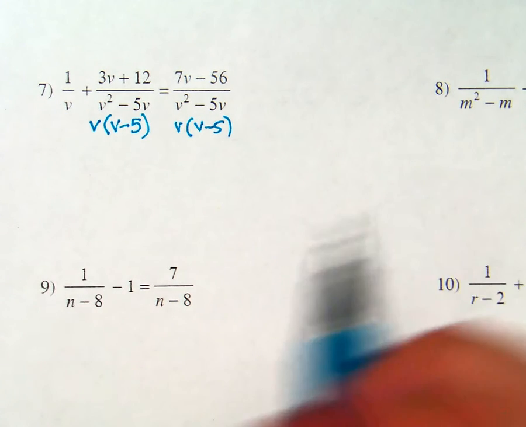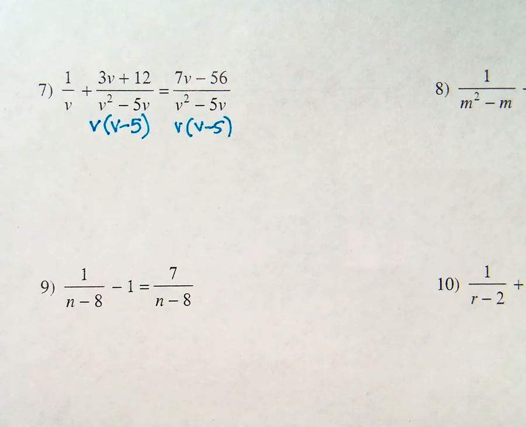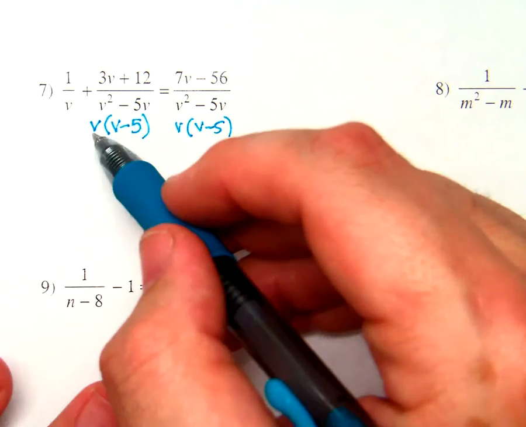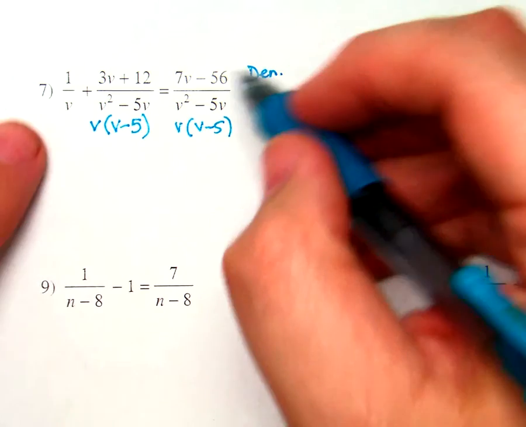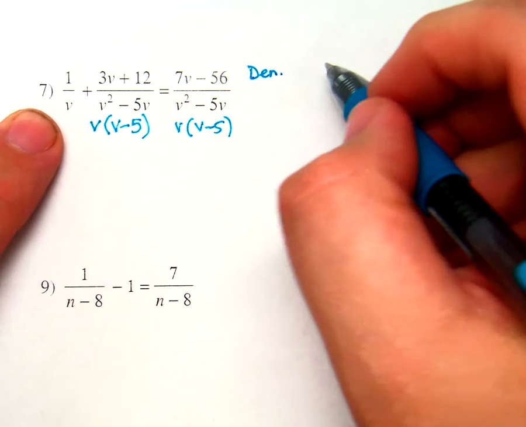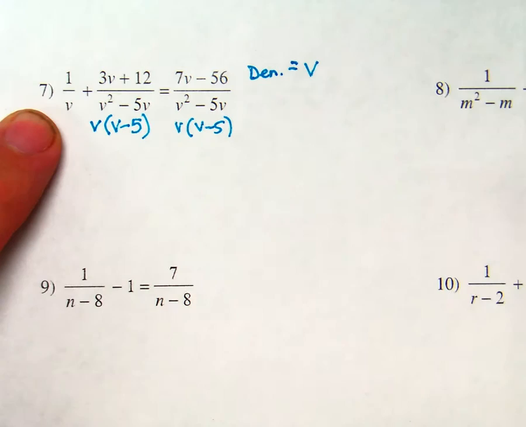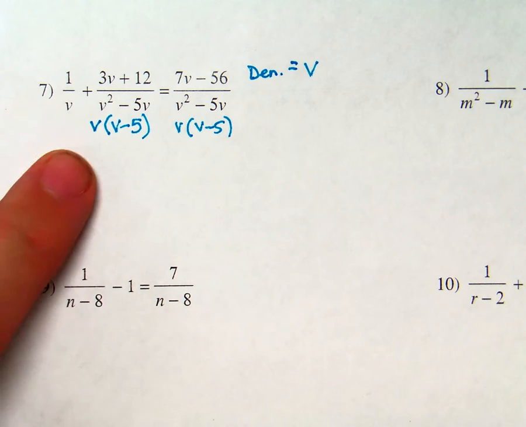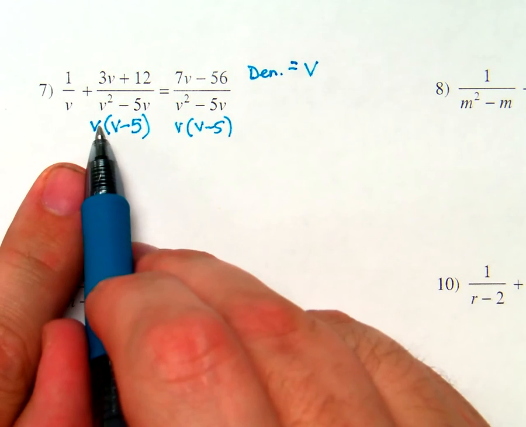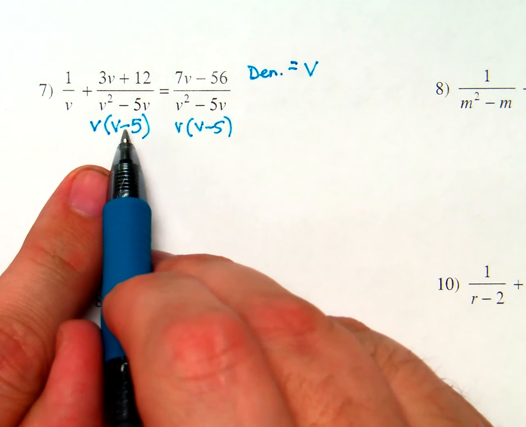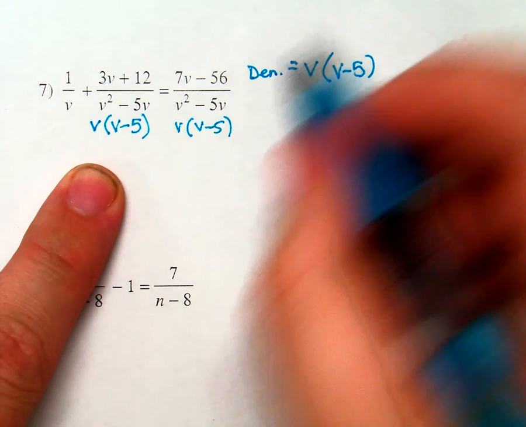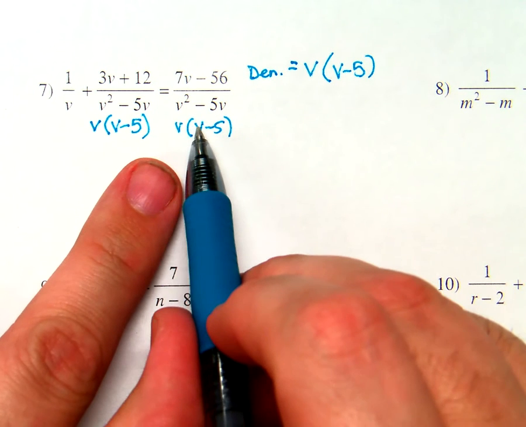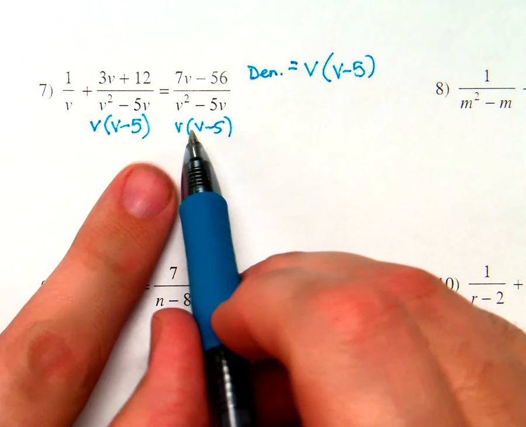When you have something like this, you're going to work with your common factor. And in that case, the common factor is v. Now, when I get my denominator, I have a v from the first one. Now, this one already has a v, so what's missing? I have to use v minus 5, right? And what about the third one? Do I have everything already? All right, so